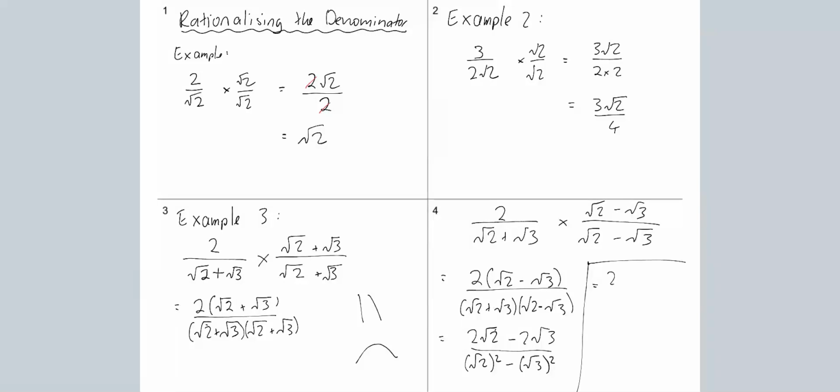And that's equal to 2 root 2 minus 2 root 3 all over 2 minus 3. Okay? You can think of square and square root as opposite operations. They undo each other. And that leaves me with 2 root 2 minus 2 root 3 all over negative 1, which is a bit ugly to leave it as that, but basically,